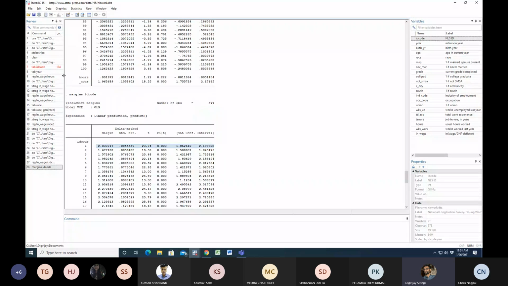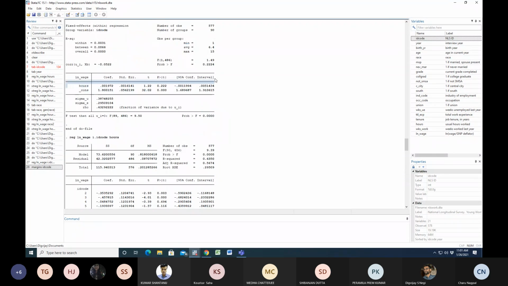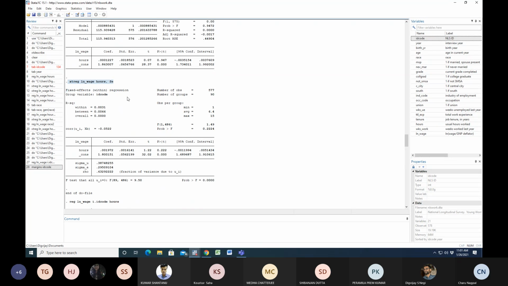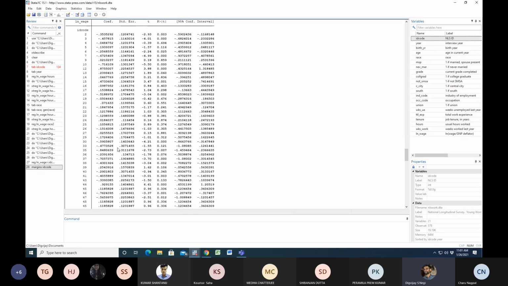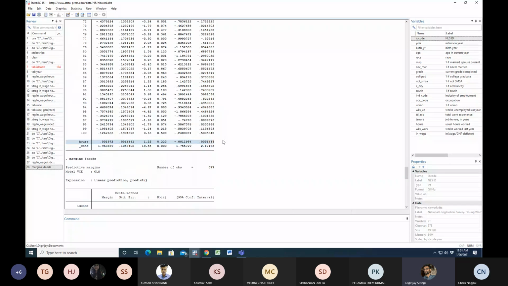Another thing to notice is the coefficient on work hours that we have, 0.001972. Then we look at the coefficient in the fixed effects model, 0.001972, exactly the same. The standard error would be exactly the same, the t-stat would be exactly the same, the coefficient would be exactly the same. So either you do de-meaning or you explicitly have dummy variables for all those individuals, it's going to give you the same estimate. It does not matter. They are equivalent. Within estimation and least squares dummy variable estimation are equivalent.